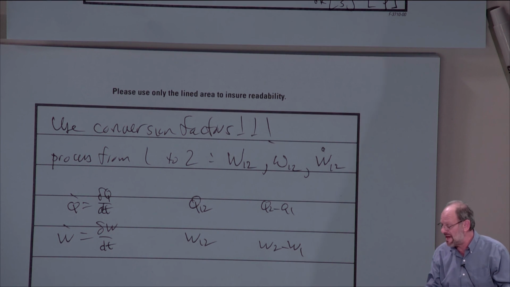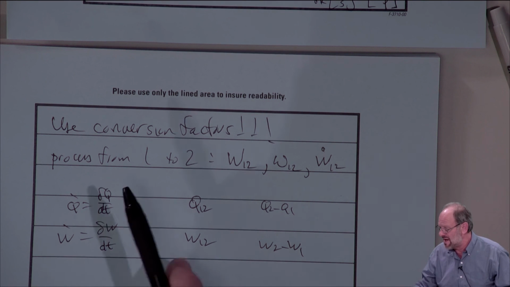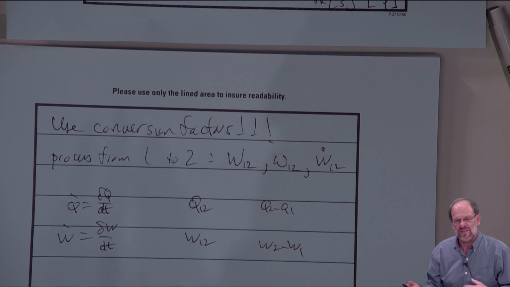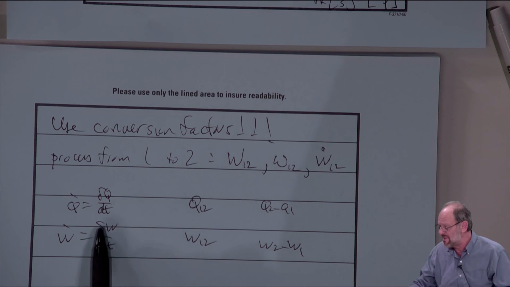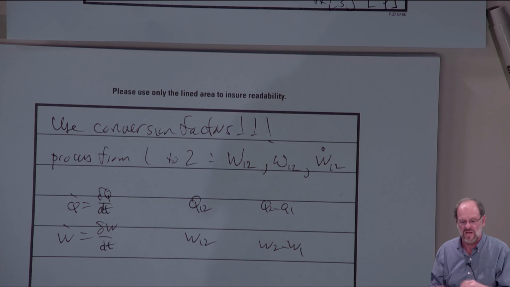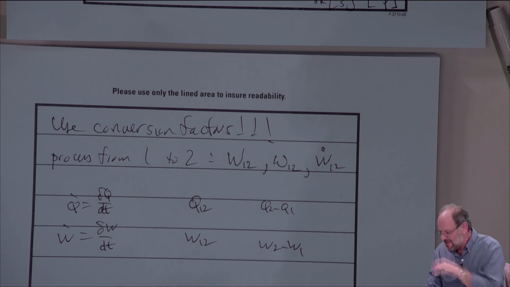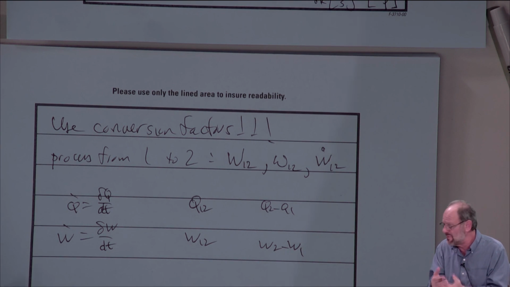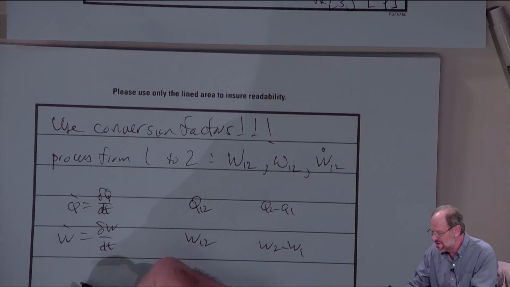It depends upon the path that we take, and as such, I can't write it as an exact differential. I can't write dW. That would imply that there's some work somehow inherent to the system, or that it's somehow a property. It's not. And the same thing with the heat transfer. I can't write dQ. There's no inherent heat transfer at any one particular state. The heat transfer occurs depending upon the path that I take as I get from some initial point 1 to some final point 2. So properties are considered point functions.